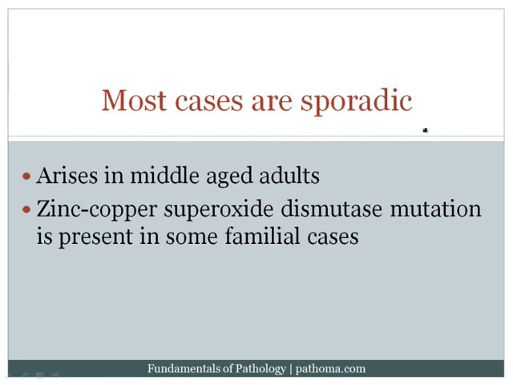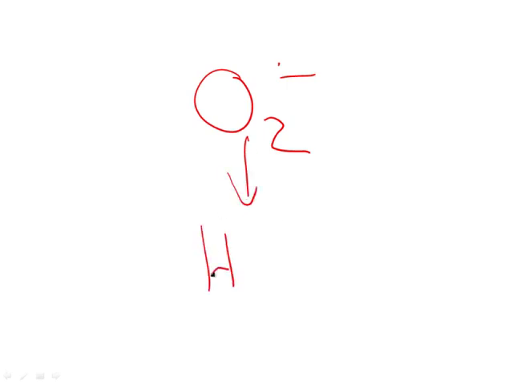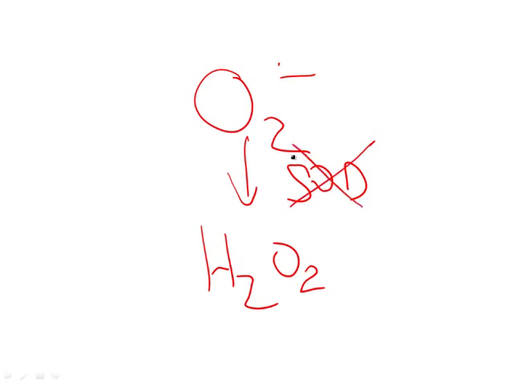Now, most cases of ALS are sporadic, arising in middle-aged adults. However, one very high-yield point for the purposes of board exams is that in familial cases, there can be a zinc-copper superoxide dismutase mutation. And that's very high yield, because recall that superoxide dismutase is an important mechanism of removing free radicals. Remember that oxygen has the ability to produce superoxide free radical, and that free radical would be converted to hydrogen peroxide by superoxide dismutase. Now, if you lose superoxide dismutase, you're going to have increased free radical damage within the cells. And so in this particular case, free radical injury could lead to damage in the neurons, and examiners love to